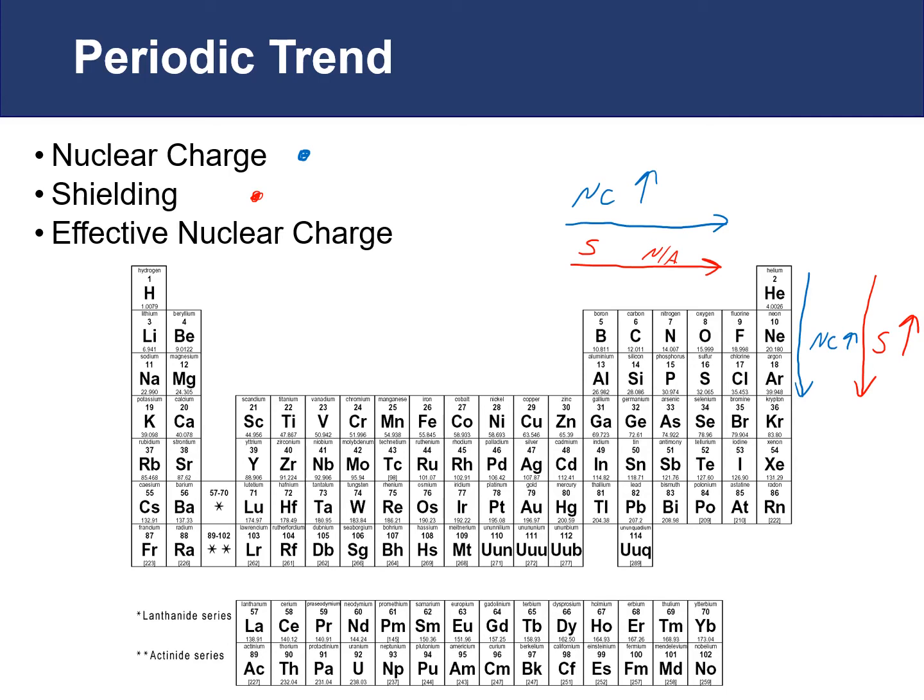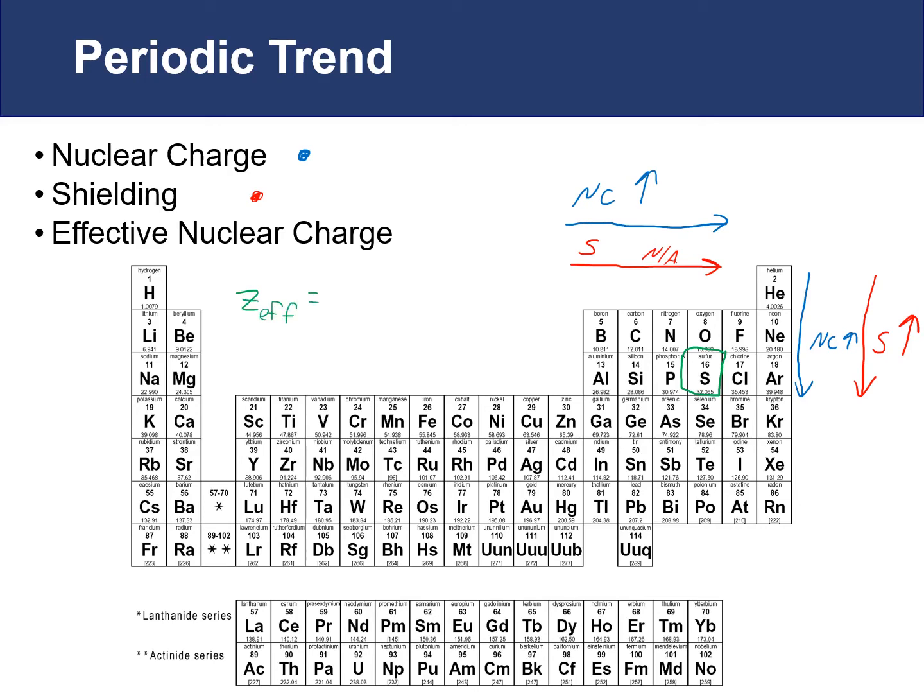So the shielding is essentially the inner electrons, the electrons that are closer to the nucleus than the current ones you're working with. Let's say we were working with something like sulfur, trying to figure out the shielding on sulfur, the effective nuclear charge. According to our calculation, the effective nuclear charge is the nuclear charge minus the shielding, so our effective nuclear charge